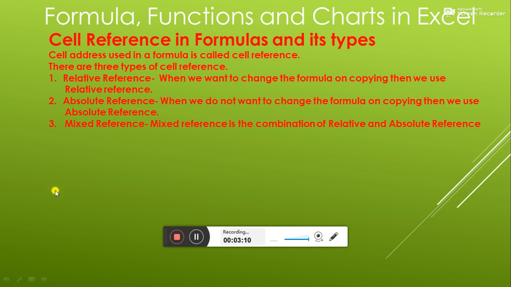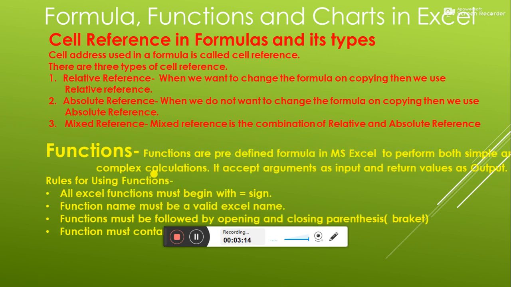Next one, functions. Functions are predefined formulas in MS Excel to perform both simple and complex calculations.